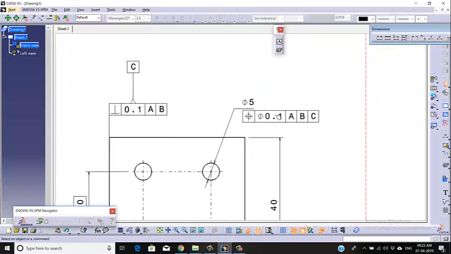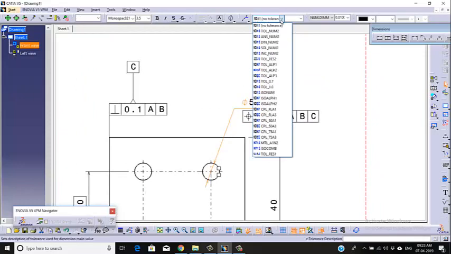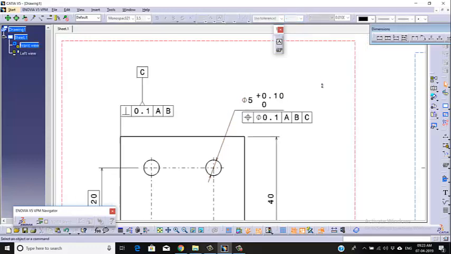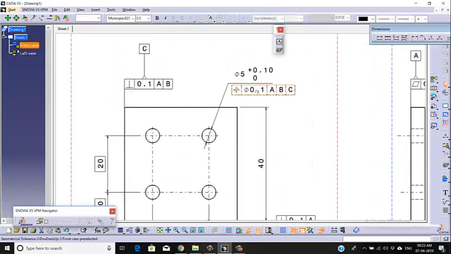Now if you want, you can give the tolerance of these holes also by going to the top row of this CATIA menu bar, and select any of the format, keep it 0.1, and